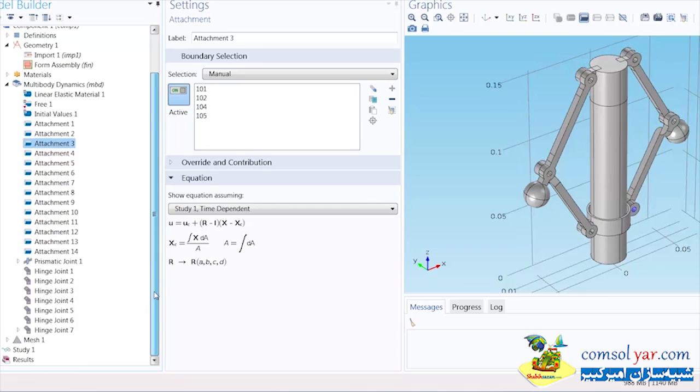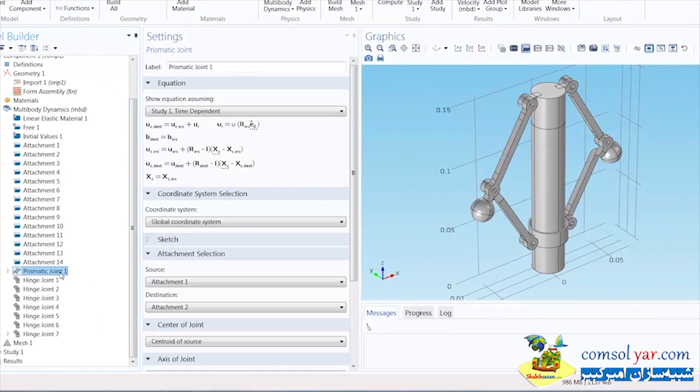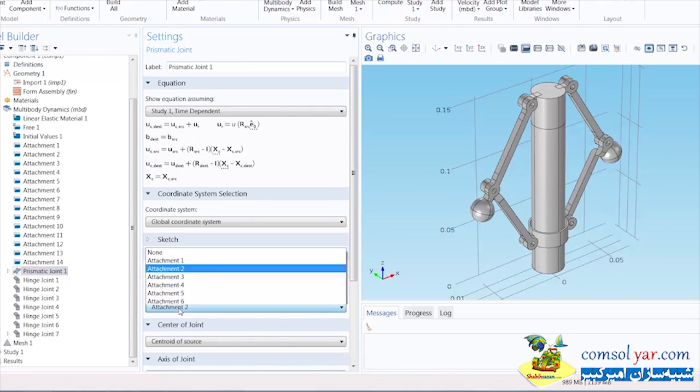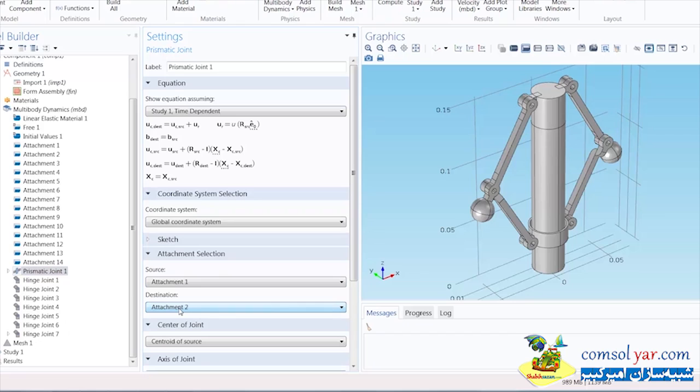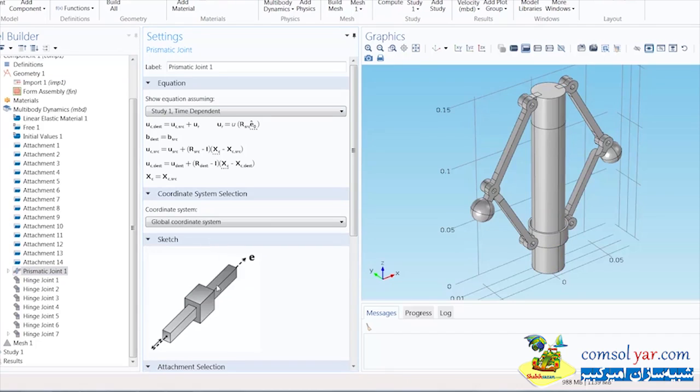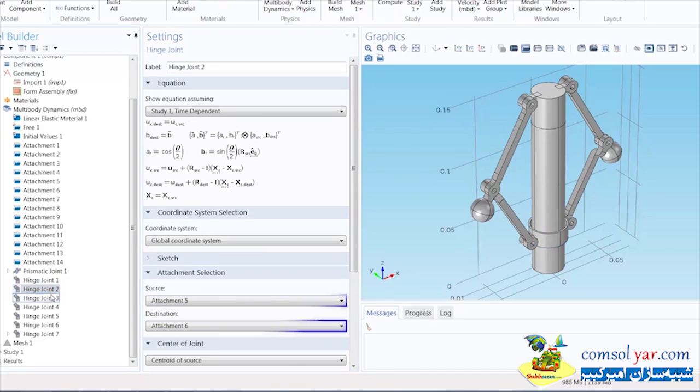Below all of these, we have the joint nodes, and in these we can see the attachment selection is how we define the pairs. In this joint, we have a source of attachment 1 and a destination of attachment 2. These are the spindle and the sleeve, which form a prismatic joint, meaning that the sleeve can slide up and down on the spindle. Similarly, there are 6 hinge joints with 2 attachments for each,